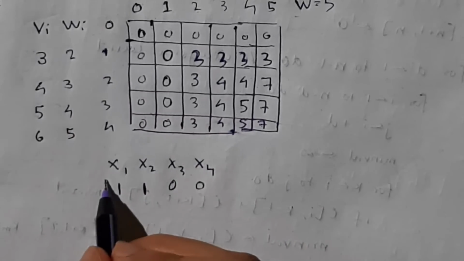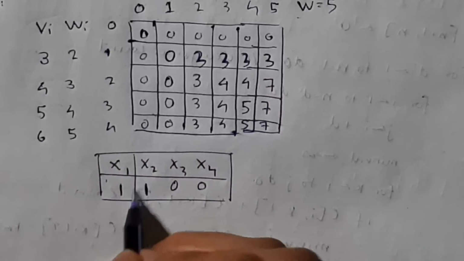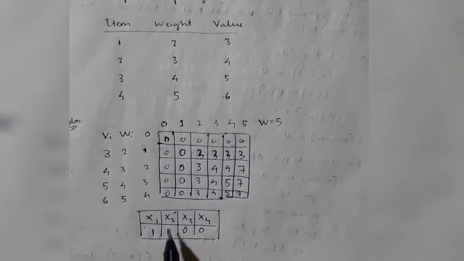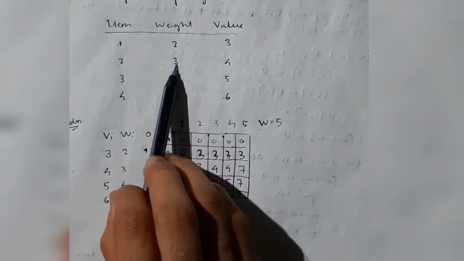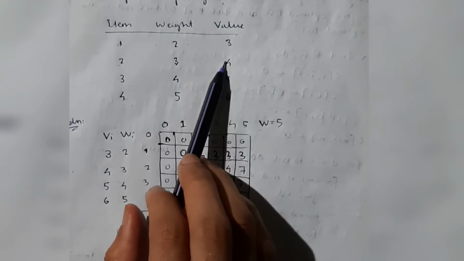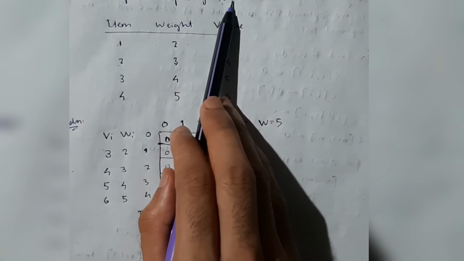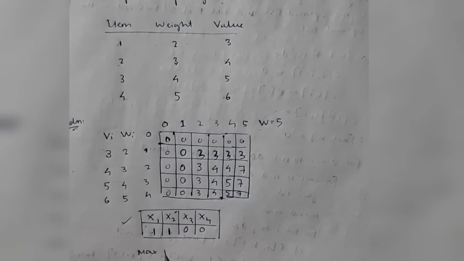Okay, so this is the knapsack 0/1 solution for this problem. This means that x1 is nothing but the item 1 and x2 is nothing but the item 2. So 1 1 means I'll be selecting the item 1 and item 2, which have the weights 2 and 3. So the whole capacity will be utilized and I'll be getting the maximum profit, which is 4 plus 3. 7 is the maximum profit I can get by utilizing the whole capacity. Okay, so this is the solution, and the maximum profit is equal to 7.